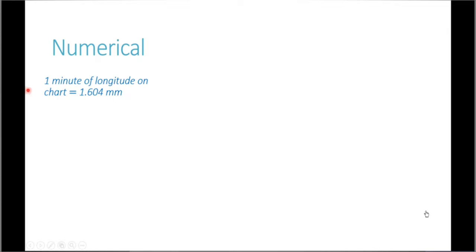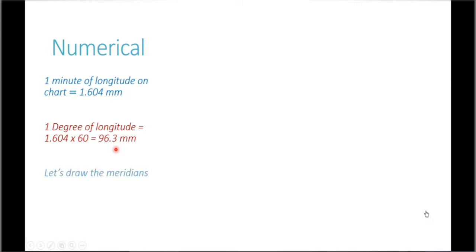So proceeding further from there, 1 minute of longitude on the chart is equal to 1.604 millimeter. Now using this, we can easily calculate what will be the length of 1 degree of longitude. 1 degree consists of 60 minutes. So it will be 60 multiplied with 1.604. 1 minute was 1.604 millimeters. You multiply it with 60, you get the length of 1 degree of longitude, which comes out to 96.3 millimeters